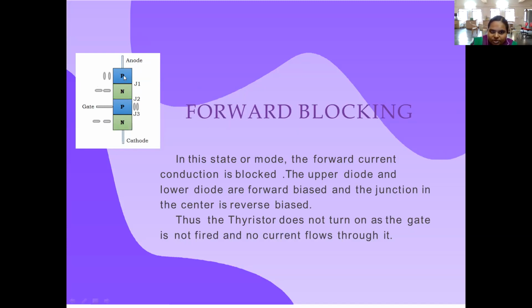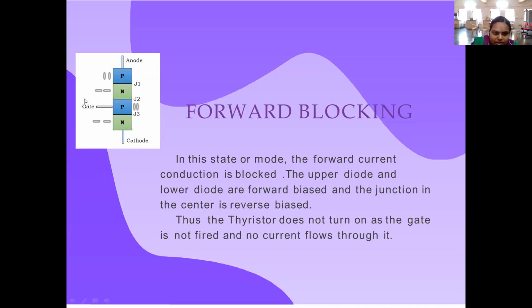But here observe, there is a PN. At junction J1, it will be in a forward path. At junction J3, again it is a forward path. Yes, both J1 and J3 are in a forward path, but the middle condition is N and P, which is in reverse conduction, what we applied, right? J2 is reverse biased, J1 and J3 are in forward conduction. Due to the J2 junction, a block occurs to the flow of electrons within the SCR. It's not possible to flow current in the circuit.